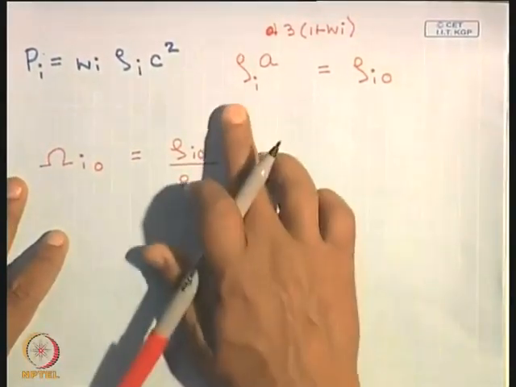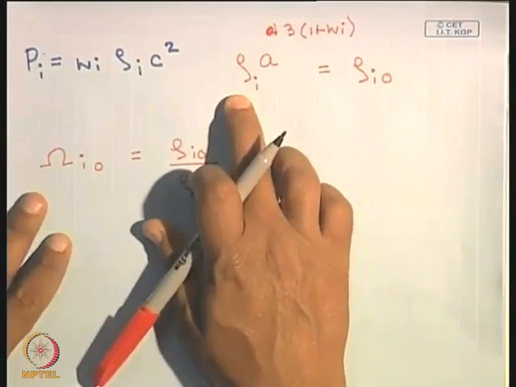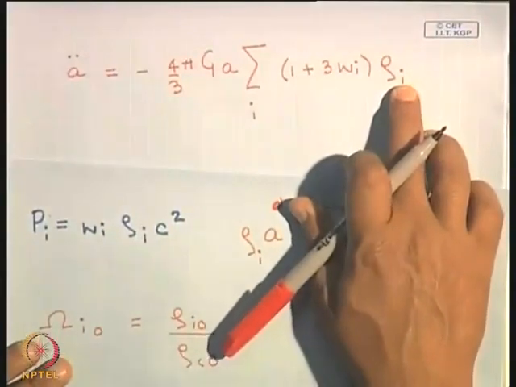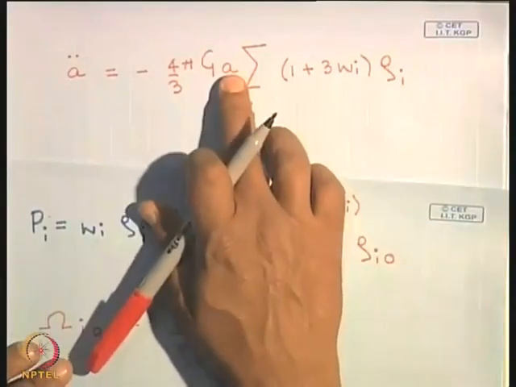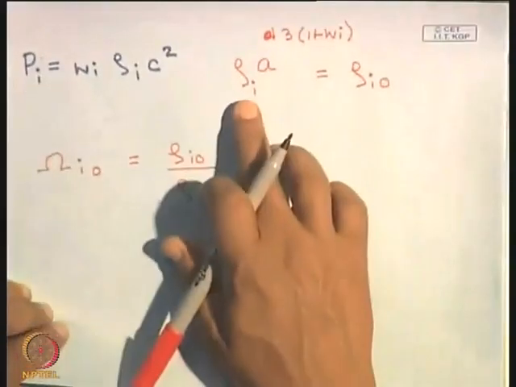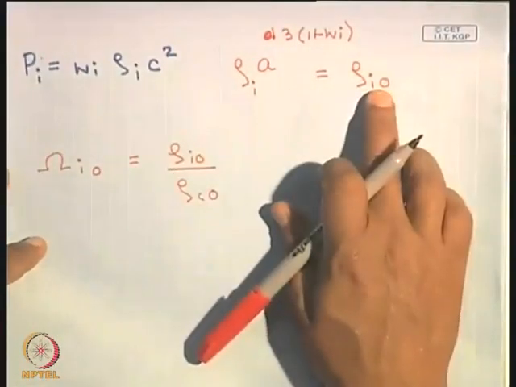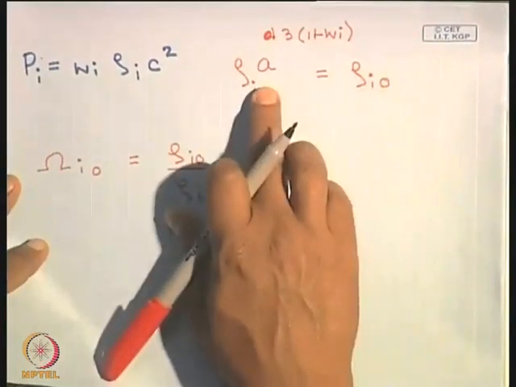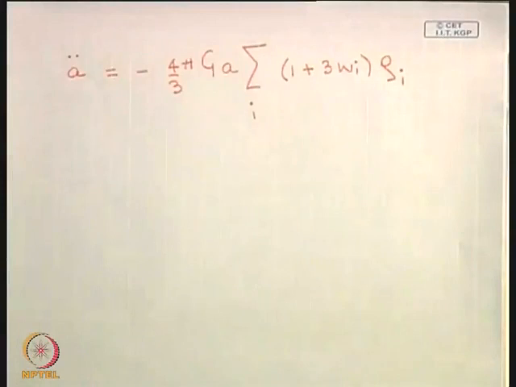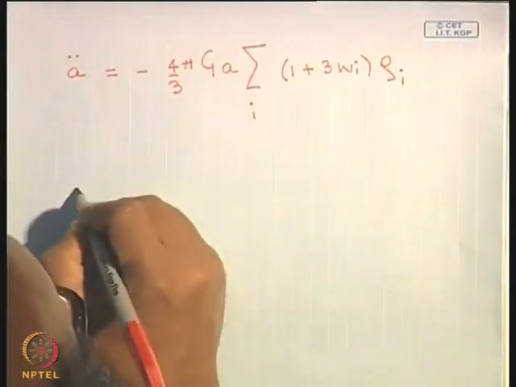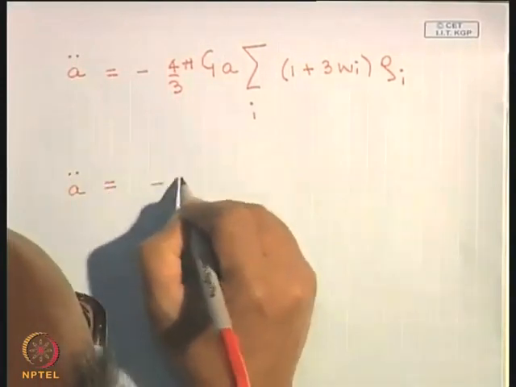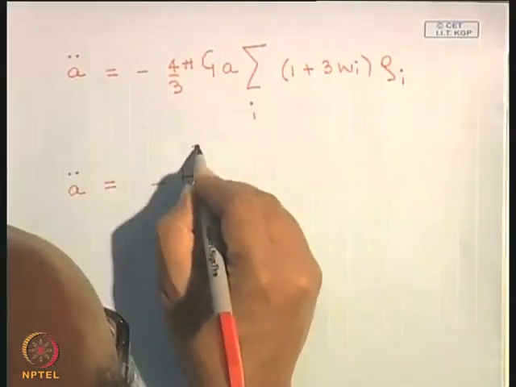So all that you have to do is replace the density at any arbitrary epoch. These are all functions of time: the scale factor is a function of time, density is a function of time. You have to replace the density in terms of the present density of that component and the appropriate power of A. Once you do this, then the equation that you have is A double dot is equal to minus H naught square by 2